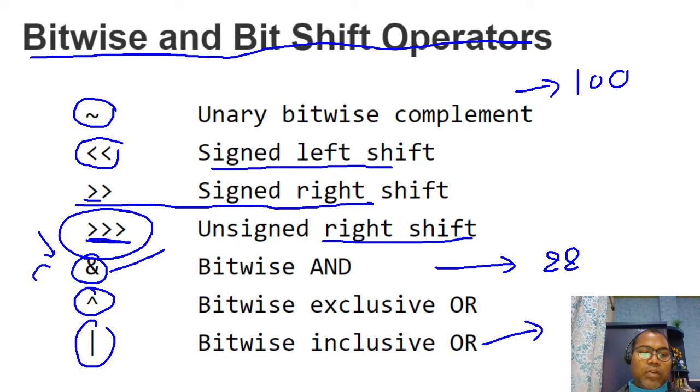Here you have to pass integral data types, integer numbers, not float numbers. But the logical ones work on boolean values: on the left and right side you have to pass a boolean. So keep in mind that the single ampersand operator is bitwise and works on integral data types, so on the left and right side you have to pass integer numbers.